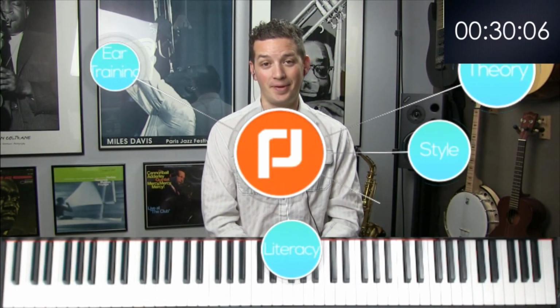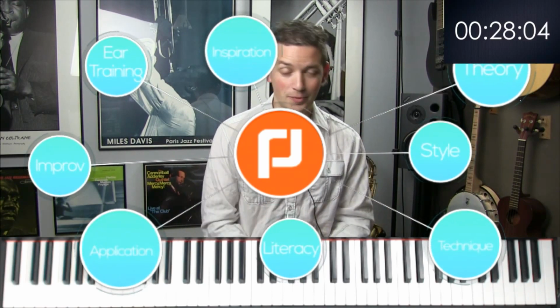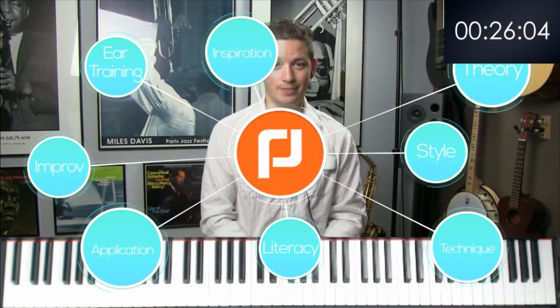All right, today we're doing everybody's favorite topic. Out of the 8 sectors of musicianship, the one that everybody always likes the most is application. That's where you finally actually get to play a song. If you've been here for the last couple weeks, you'll notice a lot of the same concepts popping up today, because we're going to take those concepts and apply them to a very specific song. If you haven't been here, don't worry about it. I'll show you how to play all of our little concepts.